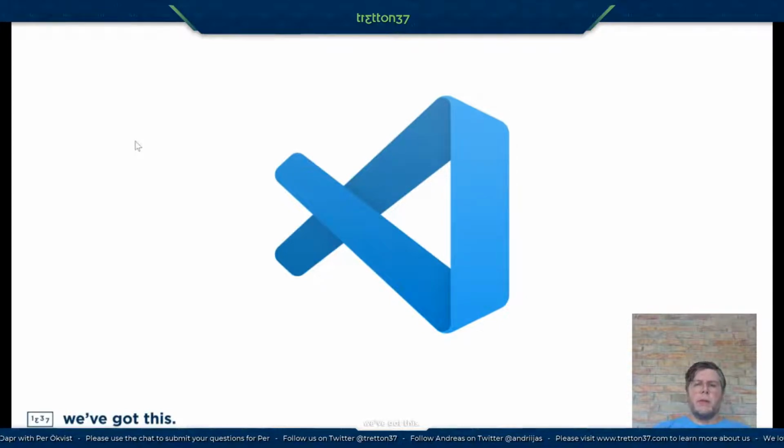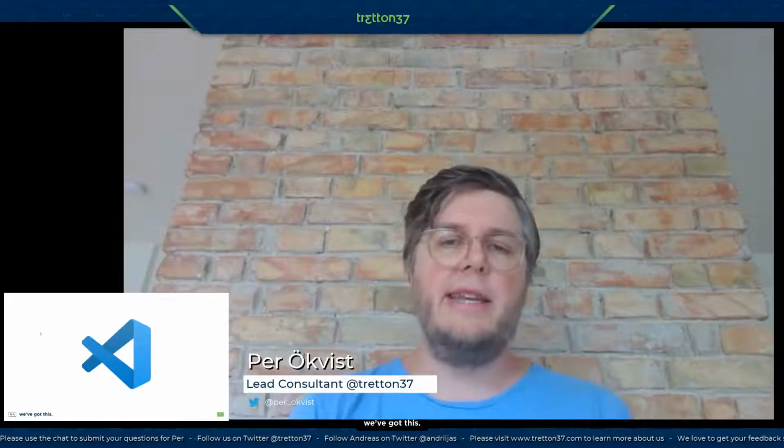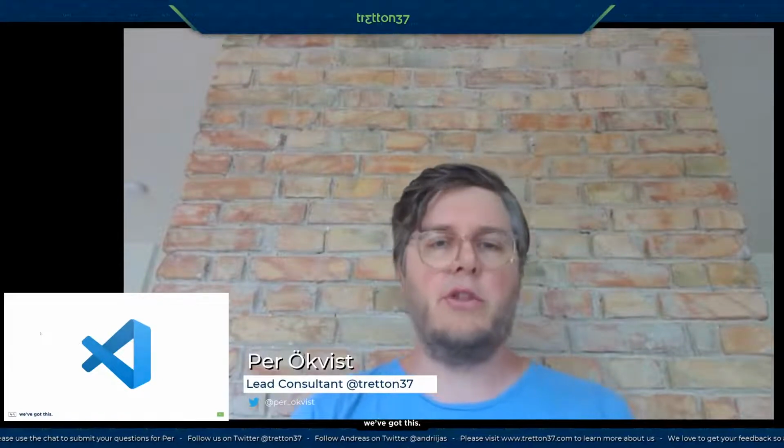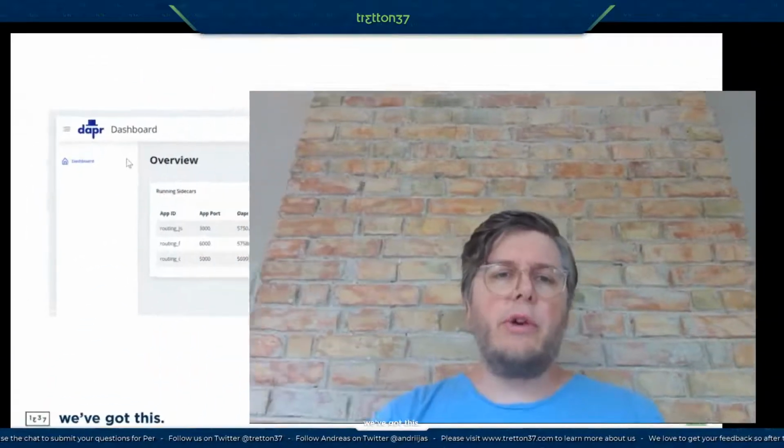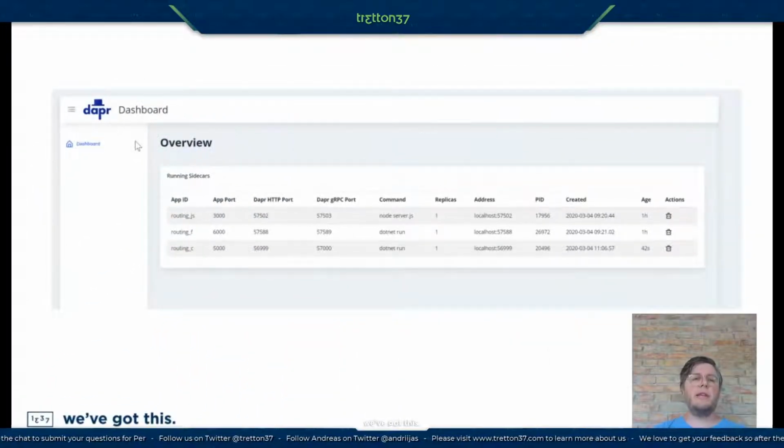So there is support surrounding this, things like Yeoman, and we're now seeing things in Visual Studio Code, debugging capabilities, a lot of container extensions, and things moving forward to utilize Dapr as a first-class citizen in this experience. And the same thing, I assume, will come to other IDEs like Visual Studio and such. And you also see there are other libraries and utilities out there for generating, in this case, a dashboard.